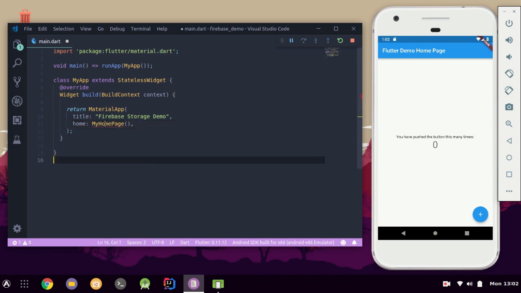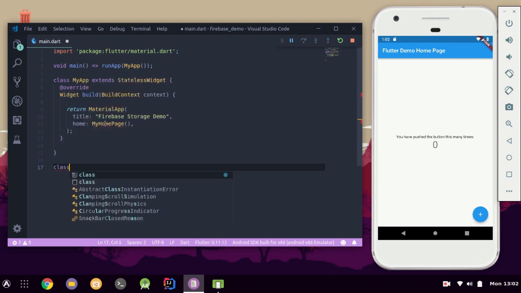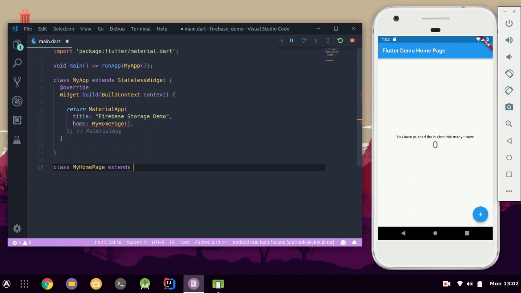I will have a home page which will go to my home page, and this is a class which we have not created yet. We will create it right now. This will extend a stateful widget because we will need to re-render the screen every now and then once we pick the image or once we make the upload or download requests. Now every stateful widget needs to have a create state method, so we will just create an override for the create state method. Inside that we will return the state,